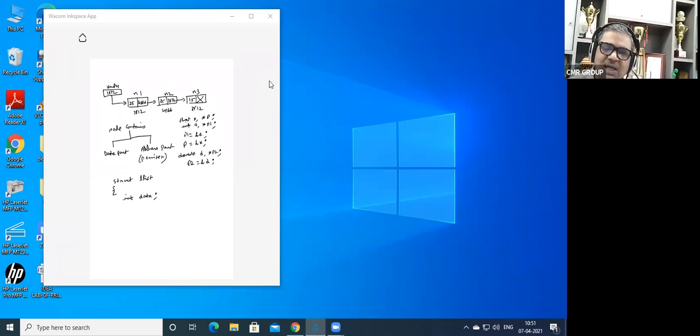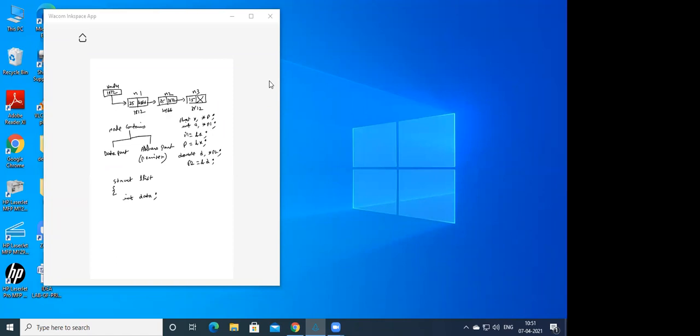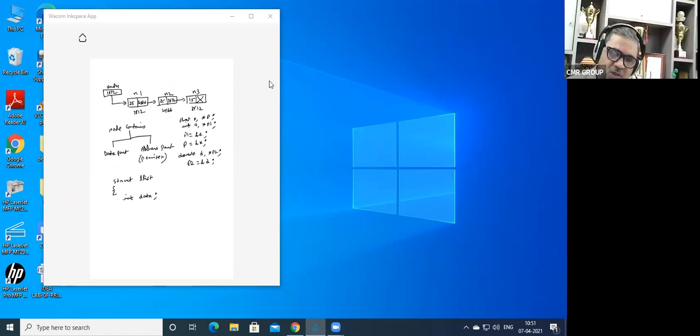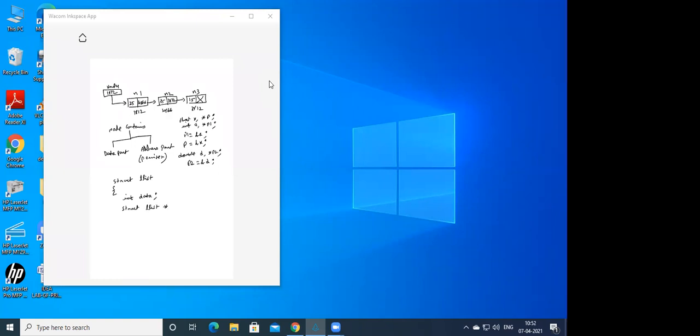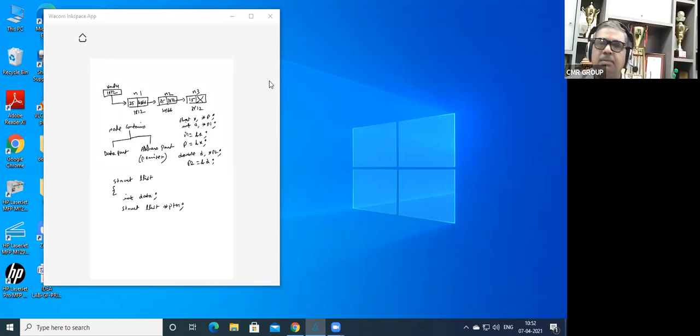So what is the data type to which it is going to point? What is the data type of this particular node? Now only we have defined it. What is that data type? Struct L list. So I'm going to write it as struct L list star PTR. You can take it as PTR pointer, right? So this is the node. That is the definition of your structure that you're doing.